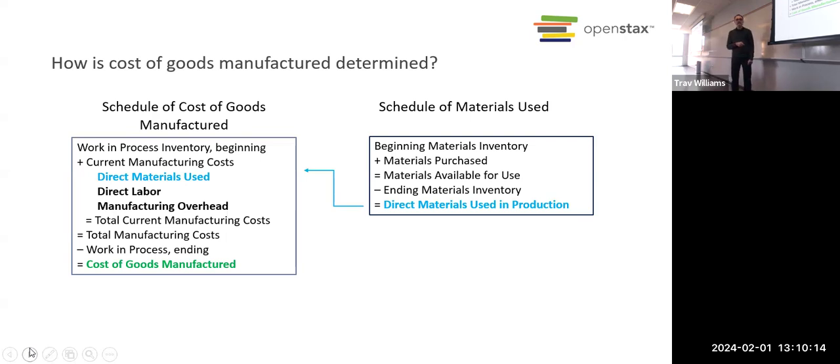Mr. Williams, for direct labor, is that just payroll or does it include other stuff? It does include benefits paid to the hourly workers when they are directly working on the product. It gets a little complicated. Fortunately, we don't have to get into that much detail, but you will see some examples later where even the benefits paid for direct labor are included in the direct labor cost. So it's the wages and the benefits.